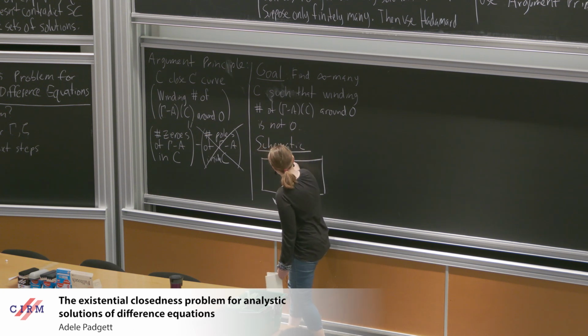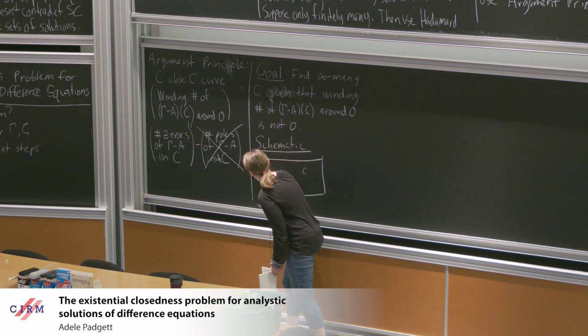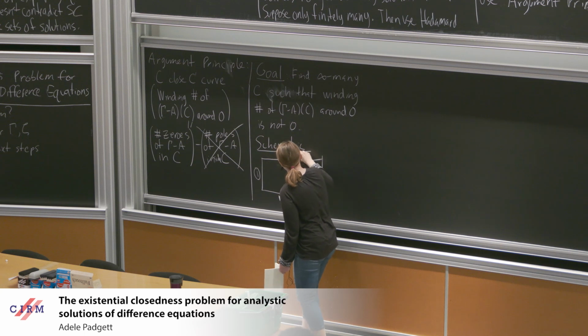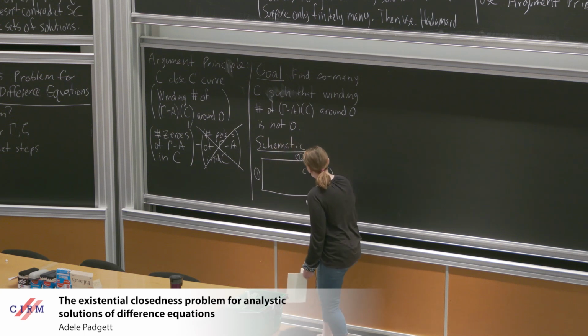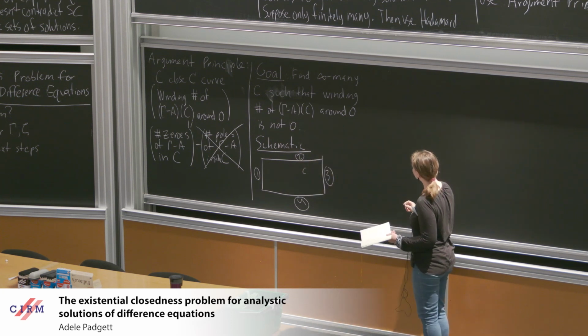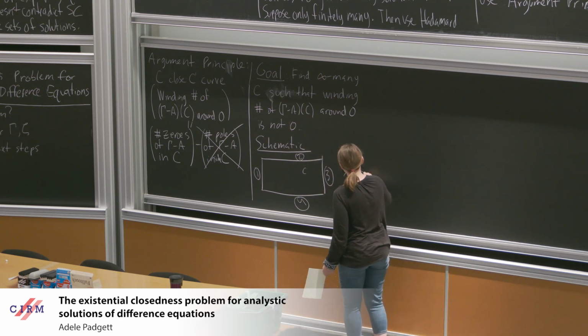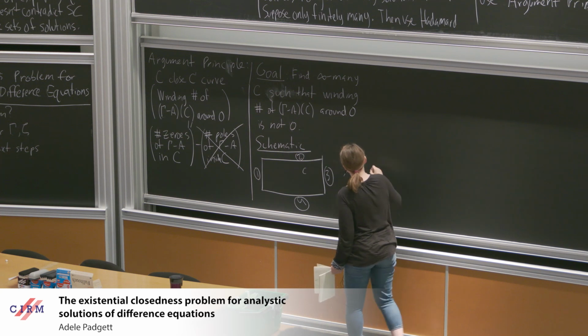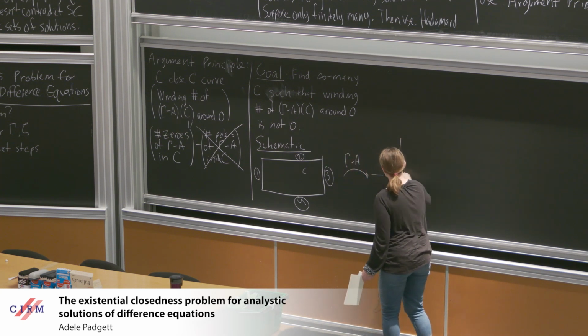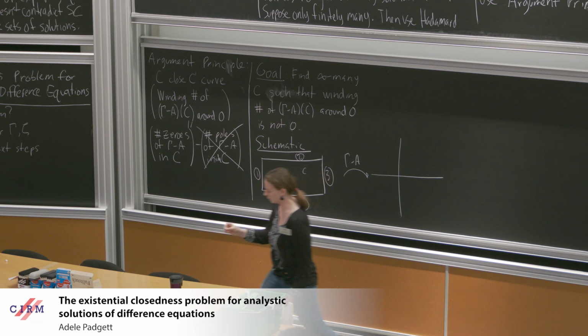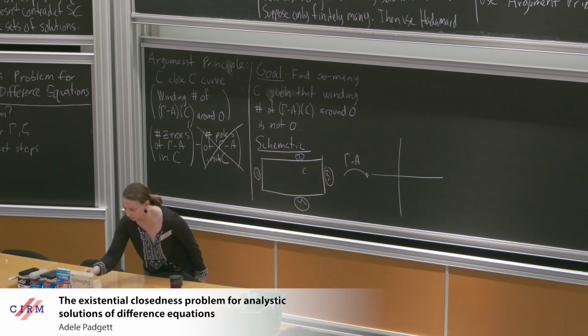I'll label the sides 1, 2, 3, and 4. And I want the image of this curve under gamma minus A to look